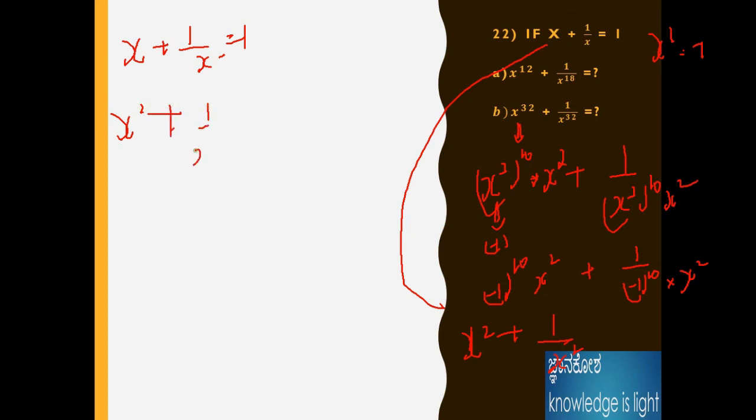Okay, x square, the answer is now positive because it is an even power. For x square, if the term is x plus 1 by x, we already know the formula. x plus 1 by x is equal to 1, so for x square plus 1 by x square, we already know the formula: k square minus 2. Why? Because plus plus is there, minus 2, because the k value is 1, 1 square minus 2 is equal to minus 1. That is the answer for this question.